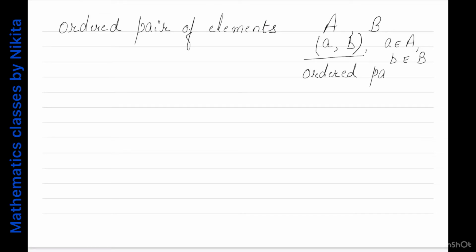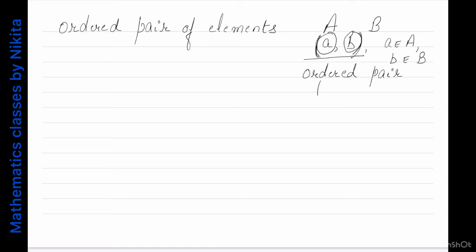Ordered pair of elements from the set A and B. Okay, so this tuple is known as an ordered pair. Why ordered? Why do we use the word ordered? Pair you have understood, because here there are two coordinates. This is the first coordinate and this is the second coordinate, and this together is known as an ordered